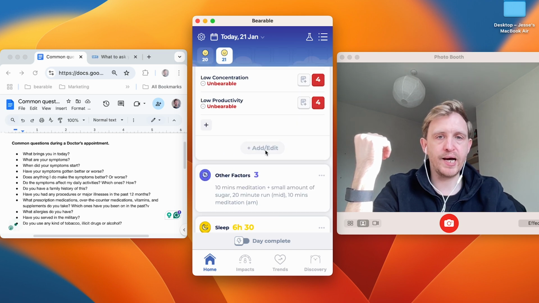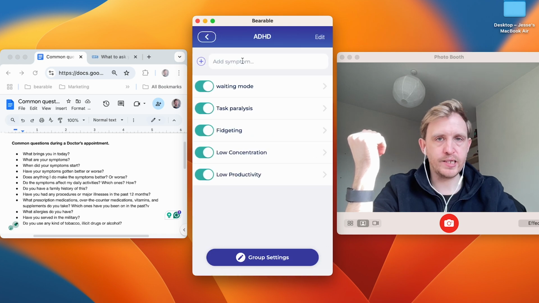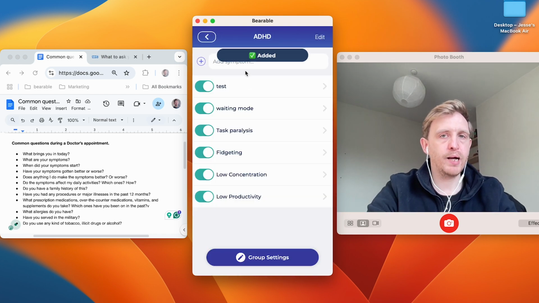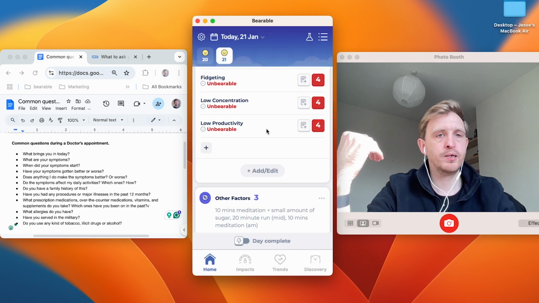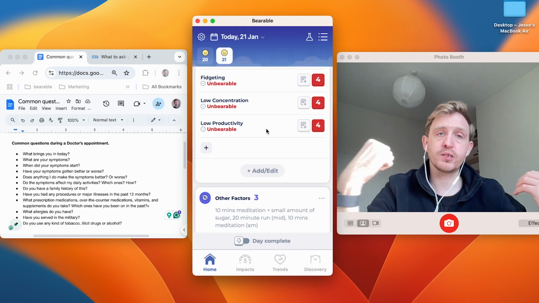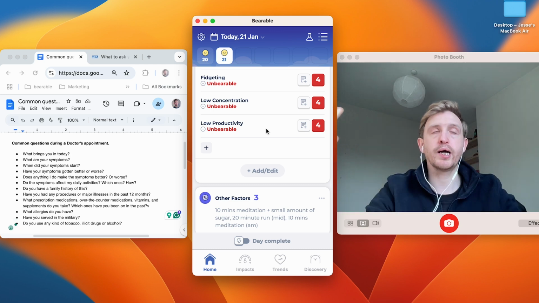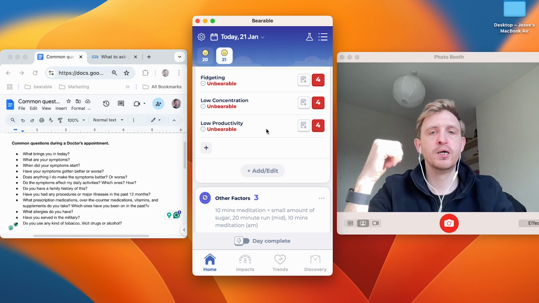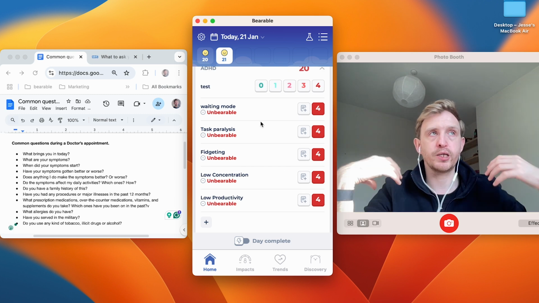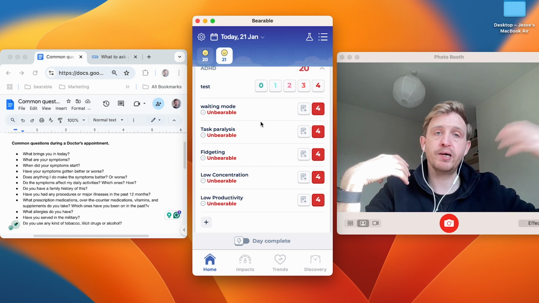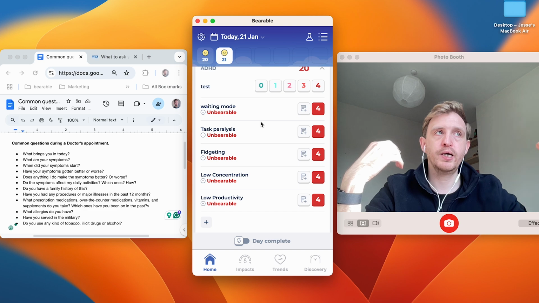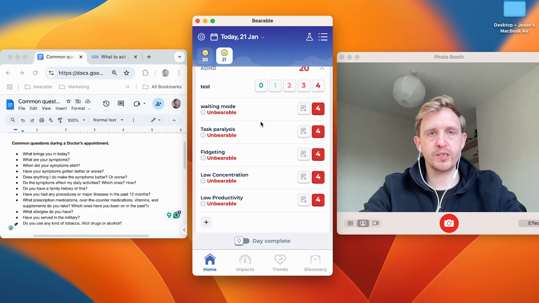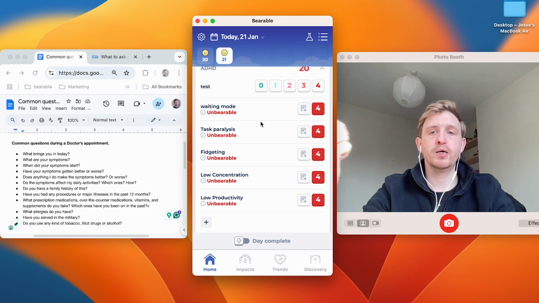You can tap the Add Edit button. You can add your own custom symptoms here, and make sure that you're using the same language that a doctor uses to describe these symptoms, or at least language that's widely accepted for the traits, the symptoms of a condition. That's going to make it easier for you to communicate with a medical professional about the symptoms you're experiencing, because you're already measuring them and able to refer to them in the language that is familiar to a doctor.